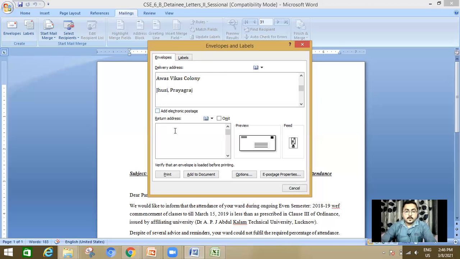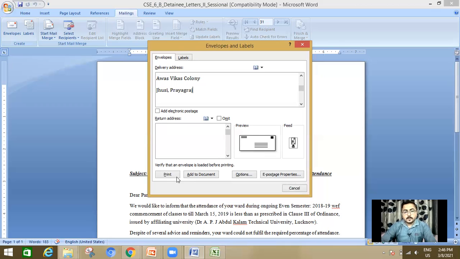And if you want to insert a return address, then you have to write here. Clear? Here you can see that the preview is available. The delivery address area is here and the return address will be here on the upper left side of the envelope.